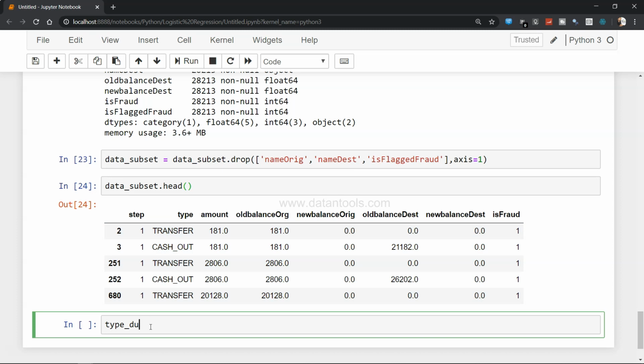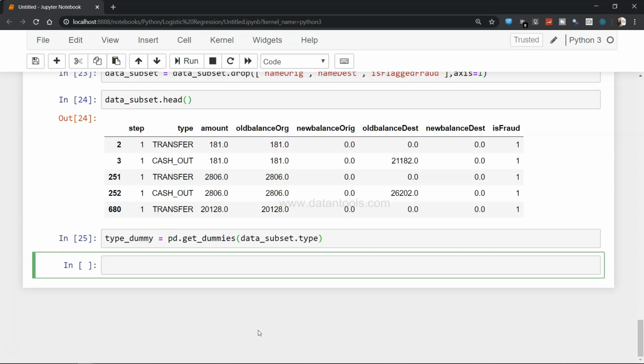I am creating a new object, type_dummy equals pd, which is the pandas library alias, dot get_dummies, and data_subset.type. Since we need this column converted into a dummy variable, a numerical categorical variable, that's why I have chosen this, and this should be enough.